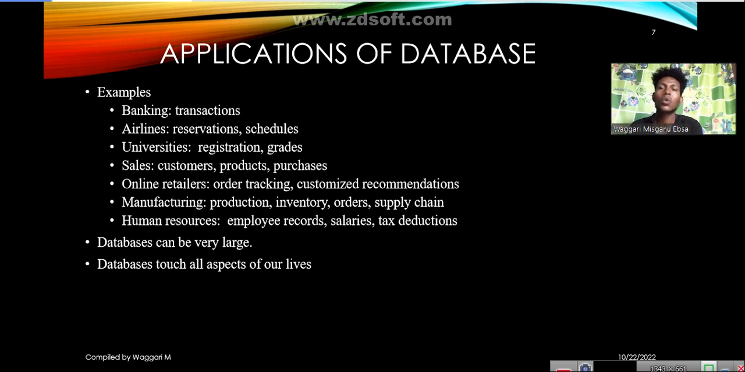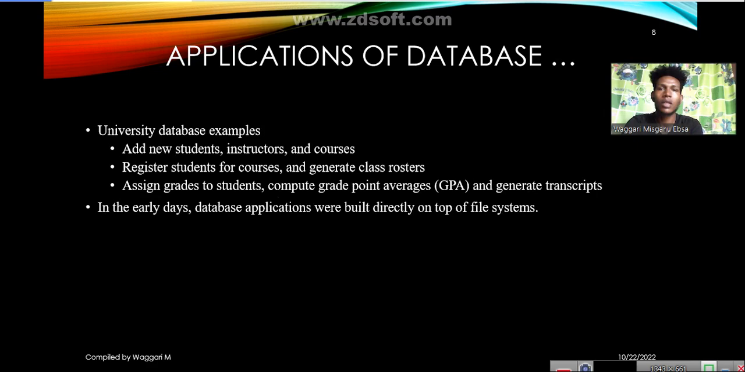Database touches all aspects of our lives. It touches all aspects of our life. That's all about the application areas of a database. The other one is